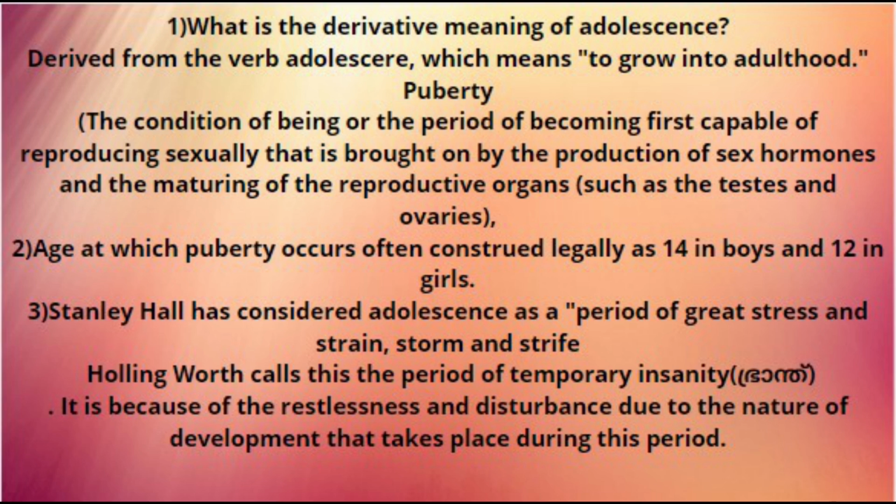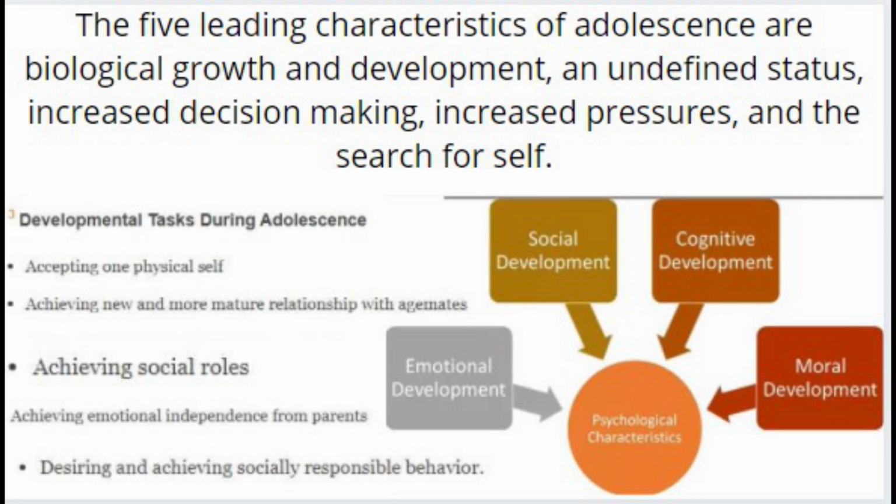Stanley Hall has considered adolescence as a period of great stress and strain, storm and strife. Hollingworth calls this the period of temporary insanity. It is because of the restlessness and disturbance due to the nature of development that takes place during this period. Five leading characteristics of adolescence are biological growth and development, an undefined status, increased decision making, increased pressures, and the